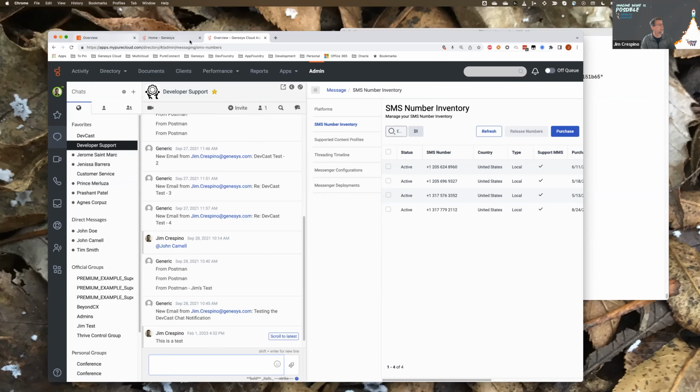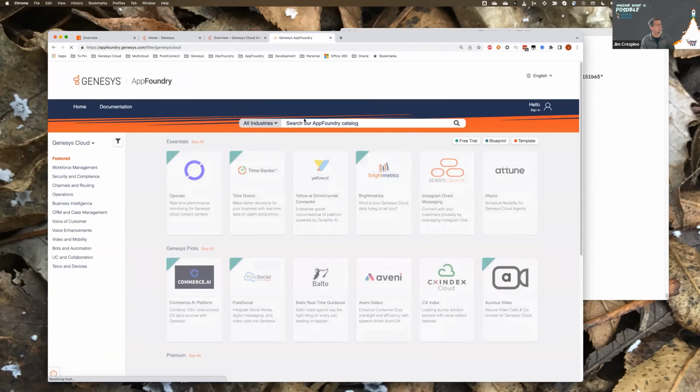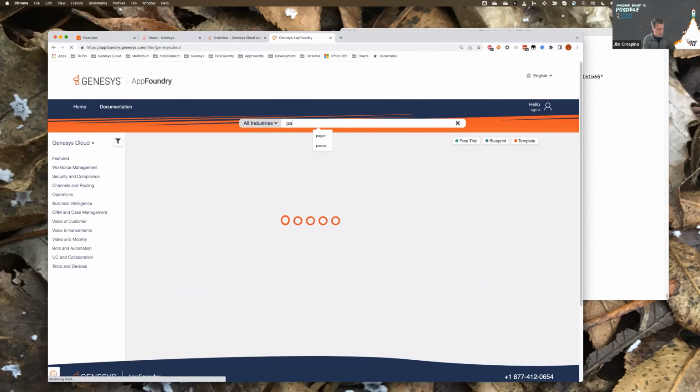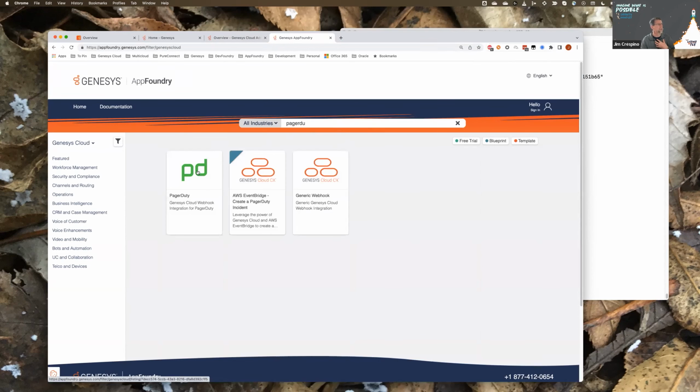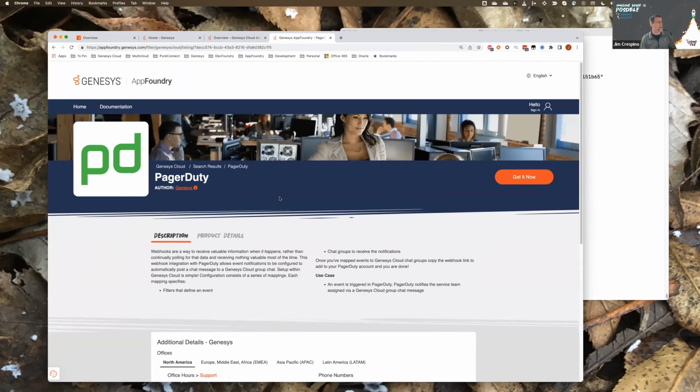The other option is on the AppFoundry, appfoundry.genesys.com. You could use a system like PagerDuty, which is what Genesys uses. We use this on our own system, so that when our build fails, or edges are down, or some system is showing failure, we use PagerDuty.